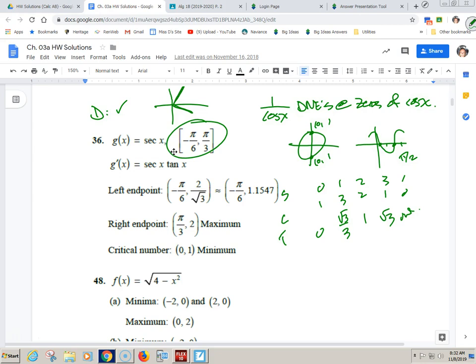Okay. So critical numbers. We already figured out where secant doesn't exist, at pi over 2 and 3 pi over 2. We should know where tangent doesn't exist because of its basic graph. It has vertical asymptotes at pi over 2 and negative pi over 2. Once again, not in the interval. So are there DNEs in the interval? No, they're outside. These only have issues outside this interval. Okay, cool. So therefore, zeros.